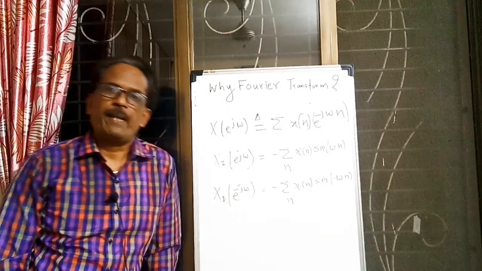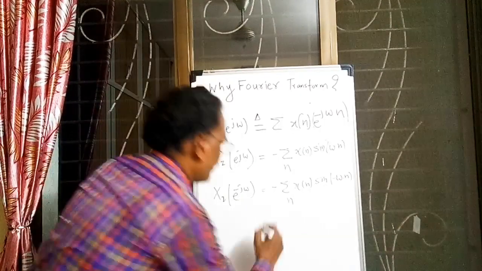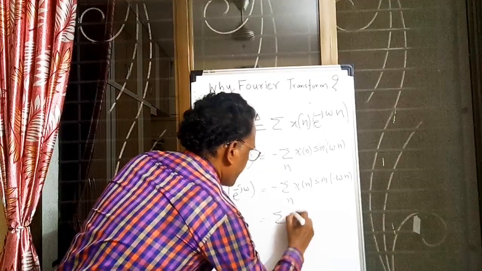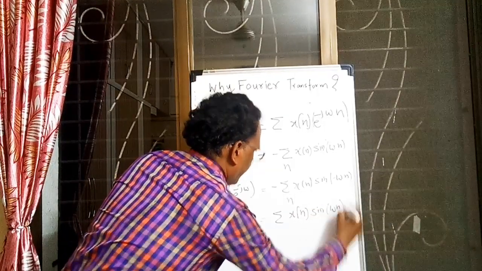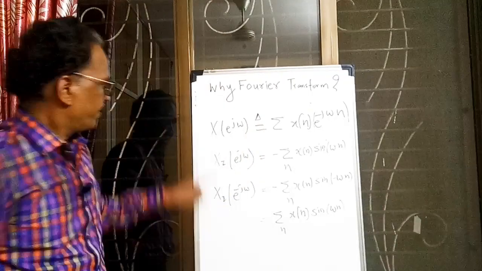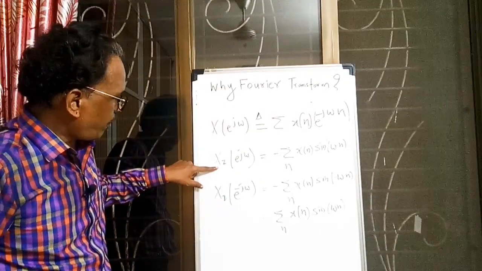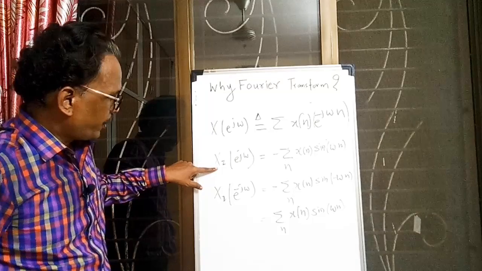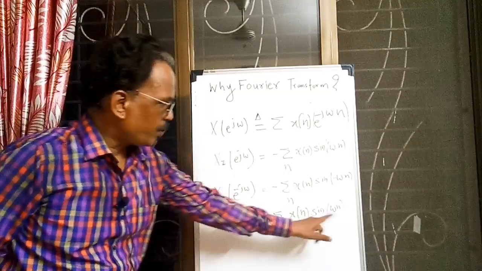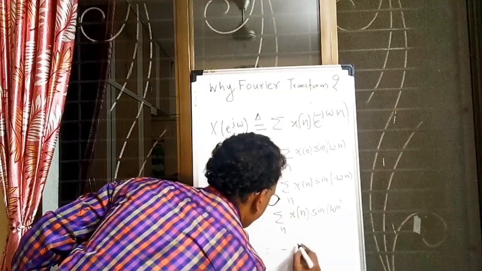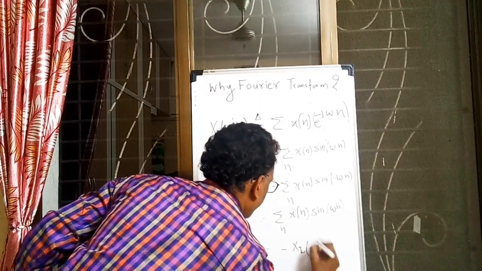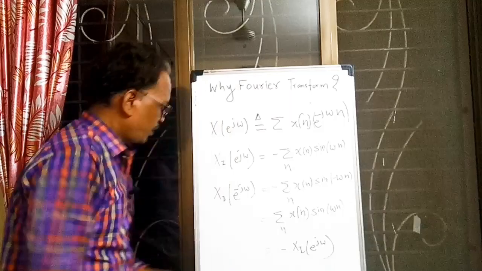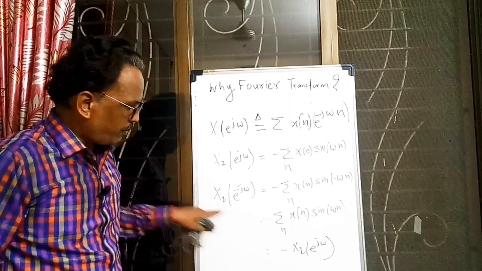We know that sine of minus theta is minus sine theta, so it becomes minus summation x of n sine of omega n. And if you look at this, you can easily write that X_I(e^{-j omega}) is equal to minus X_I(e^{j omega}). So we can say that the imaginary part of the Fourier transform